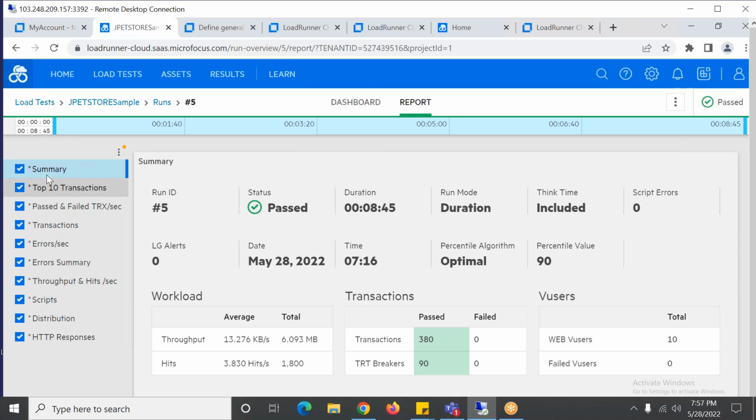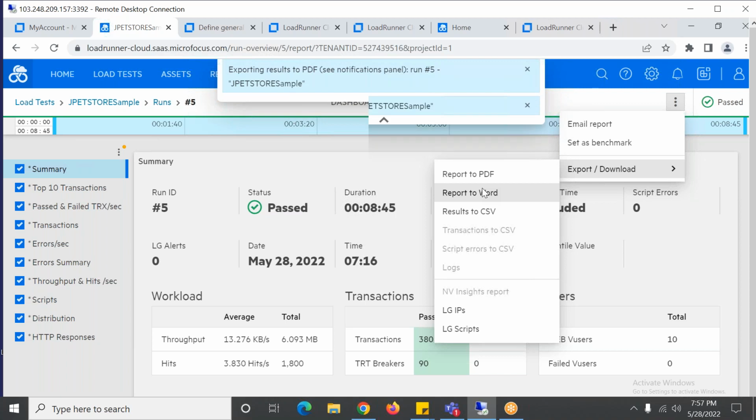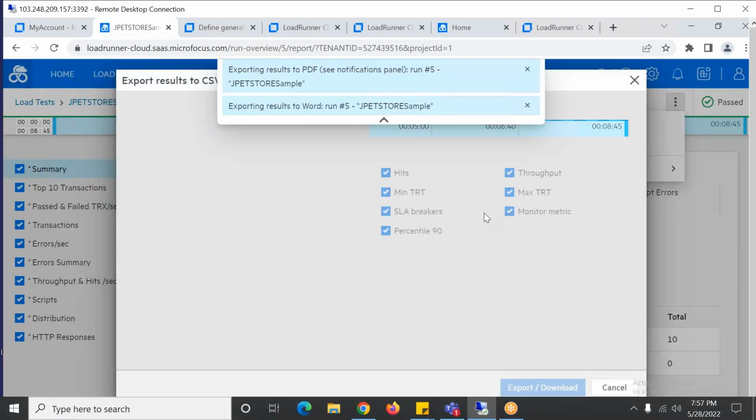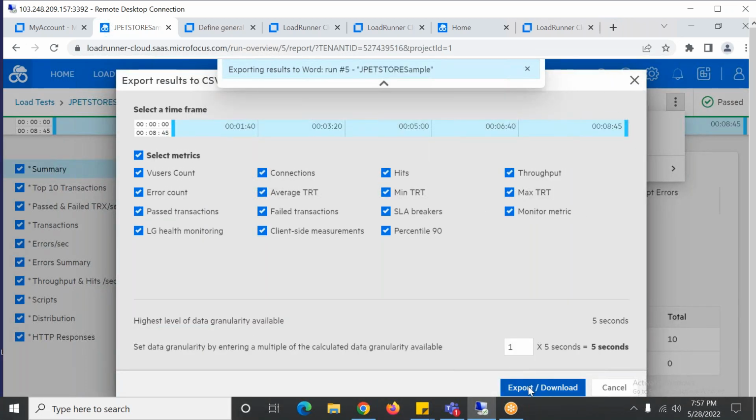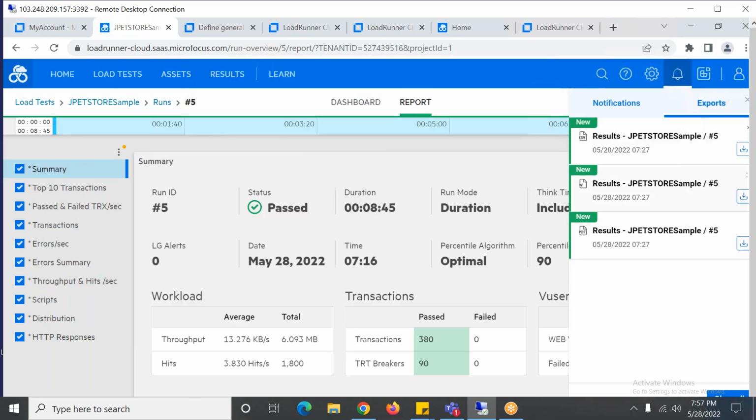If only summary, top 10 transactions, passed and failed transactions, and errors are necessary, you have to click on those options. There is an option here called export and download: report to PDF, report to Word, report to CSV. So everything is downloading.